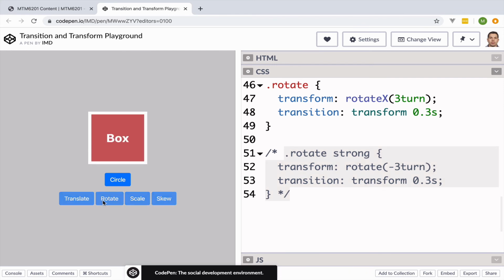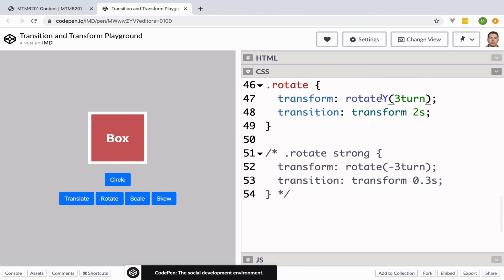So we can see that it's doing this kind of flipping thing. So it's flipping up like this, right? Because again, we're dealing with 3D here, but it's rotating like this along the x-axis. Let's slow it down so you can see that a little bit better. Set this to a few seconds. Okay, so you can kind of see that it's rotating along the x-axis. Okay, if you want to rotate on the y-axis, make it spin,